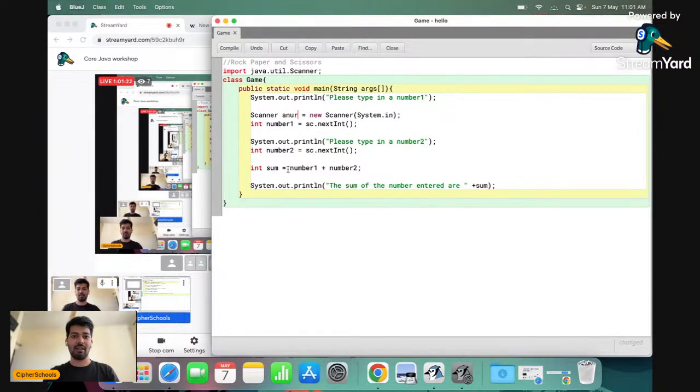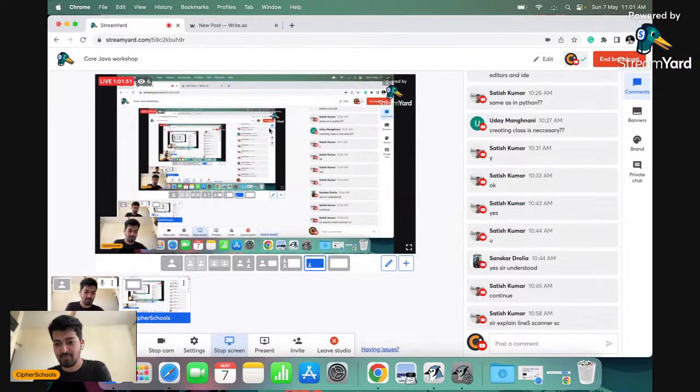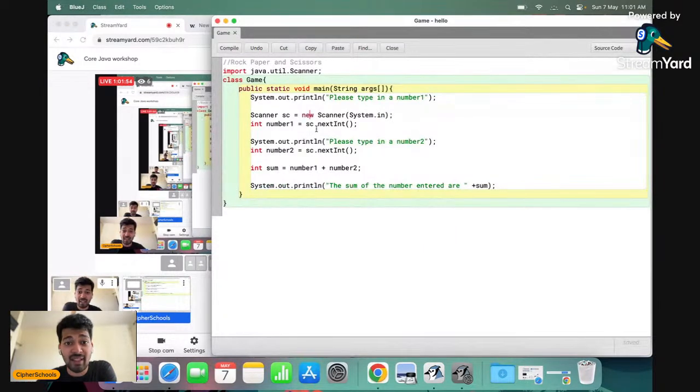You can write your name over here. Can be anything, right? But I have used the keyword sc. Now I've created an object of my scanner class, and the name of the object is sc, equals to new. Sc is the name of my object of my Scanner class, and new is helping me allocate a memory to that object. Just a sec. I was about to sneeze. Sorry. And this new over here is helping to create a memory for that particular object.